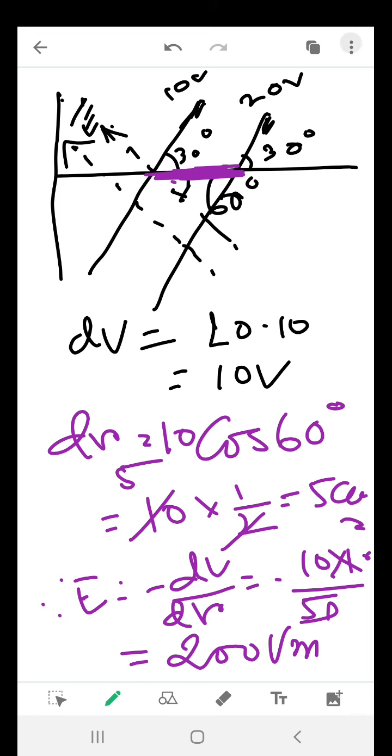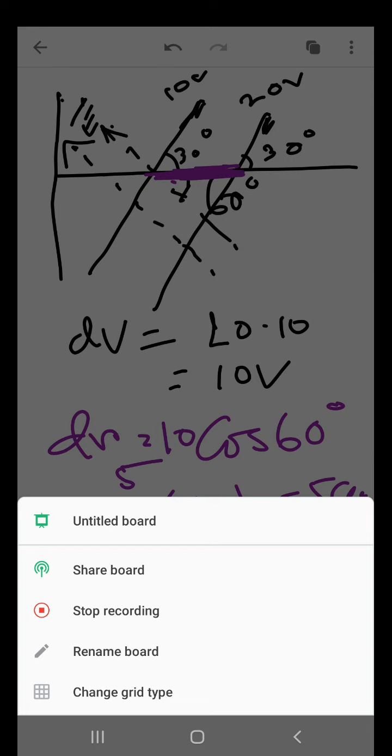So this is the technique to solve this type of problem. You just solve for figure B. If you are unable to do that, I will send you the solution. Just keep trying. Thank you very much.